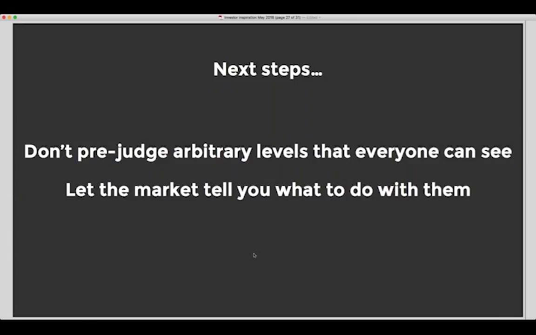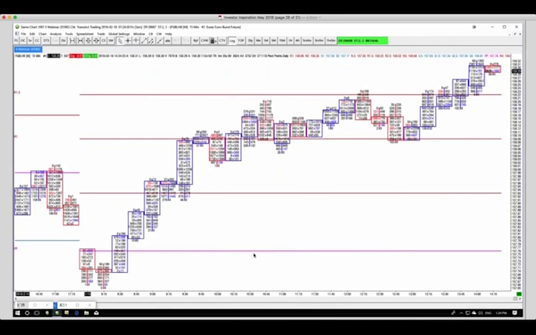If you're still unsure about that, then here's another thought. Don't prejudge the arbitrary levels that everyone else in the market can see. Let the market tell you what to do with them. So we have price-based indicators like MACD, RSI, moving averages, Bollinger Bands, but we've also got simple levels, Fibonacci's, pivot points. What becomes very interesting when you explore order flow is when you put these commonly used